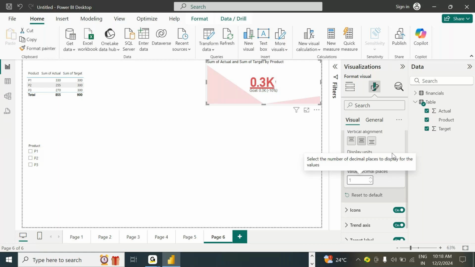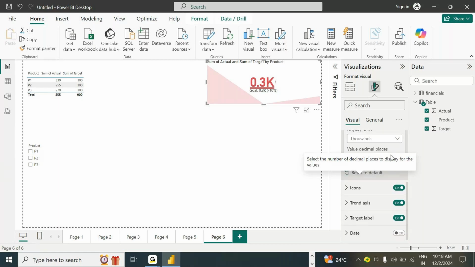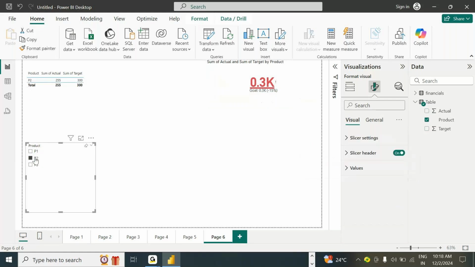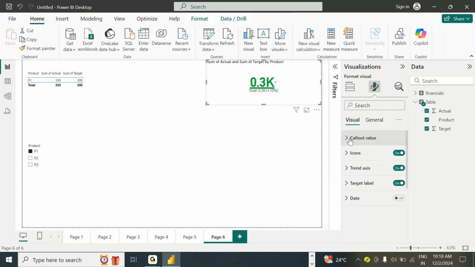And icons is nothing but whatever you observe, this icon, the tick mark and everything. So icons, if you don't want, you can disable that. You can observe that the icon got removed. And whenever you enable,